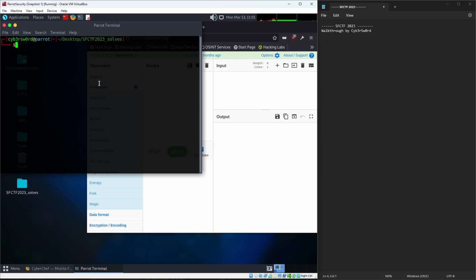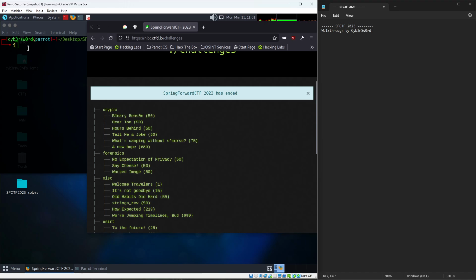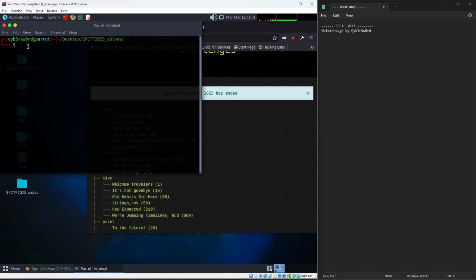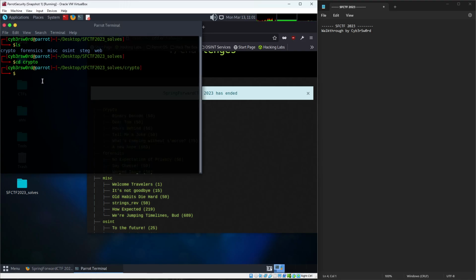If you want, you can also create directories inside of the directories for each challenge if you want to be extra organized. So we're going to say cd, change directory, and I'm going to go into crypto, and I'm going to create a directory for each of these. But instead, I'm just going to say, the first. So I'm going to say mkdir binary,